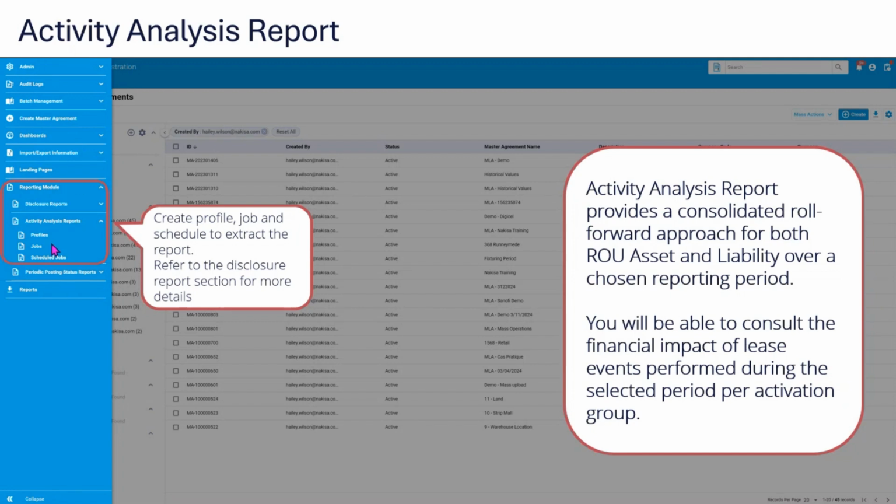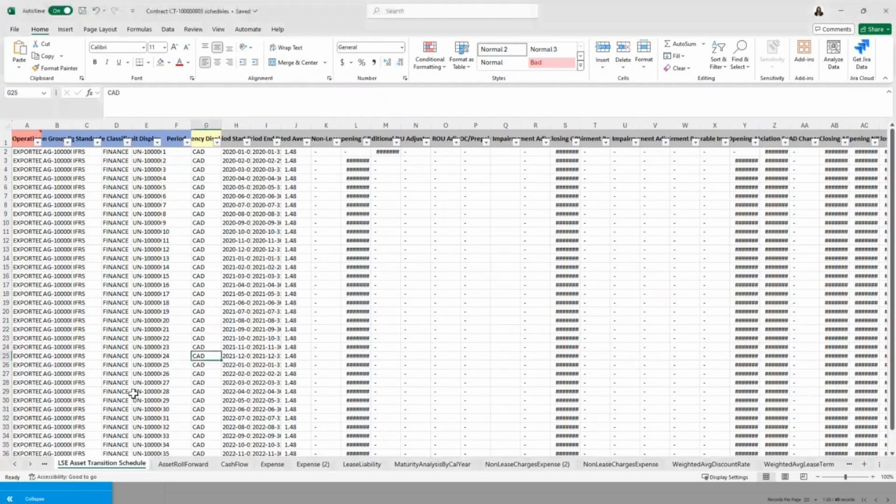This will also require the user to create the profile, and they can run the job live, or they can schedule it on a monthly basis if it's part of your month-end process to check and validate what were the activities that took place, be it by amount or number of activities for each year. I can actually show an example for all the disclosure reports and the activity analysis report. Let me show you